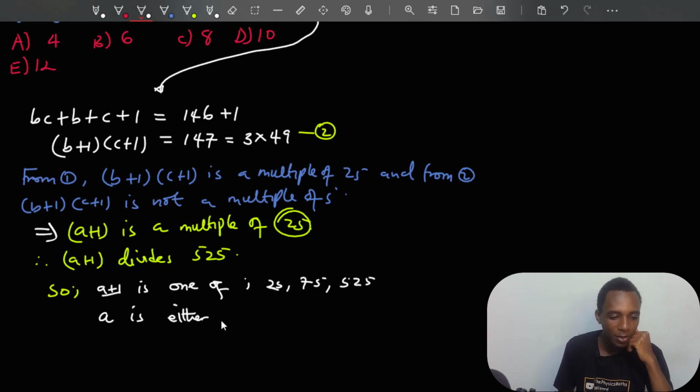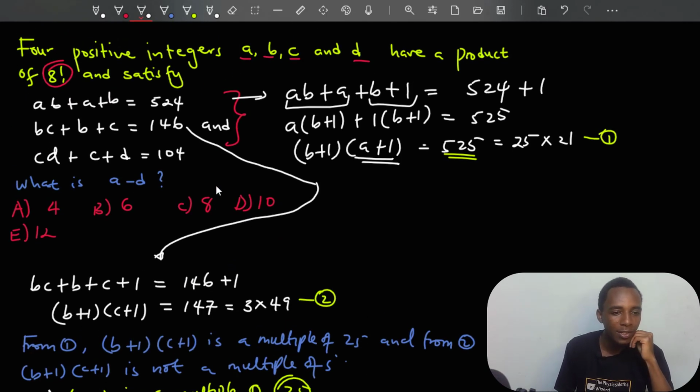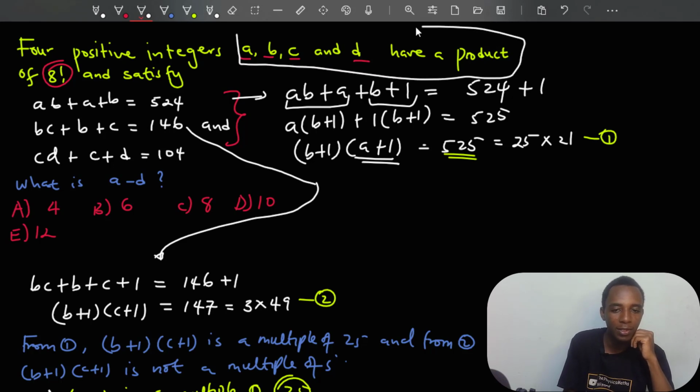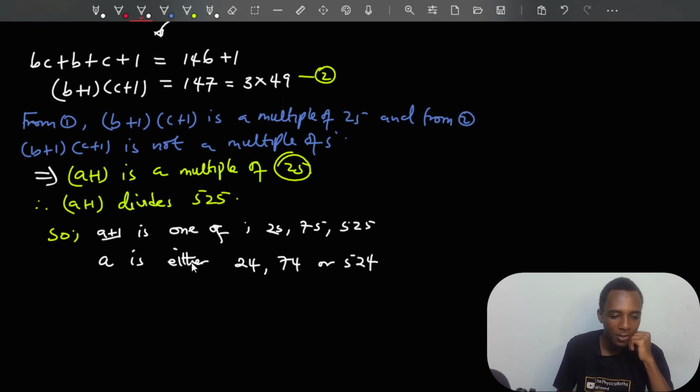If A plus 1 is 25, so A is either 24, 74, or 524. But if you just go back here, there is this condition that A, B, and C have a product. So they have a product of 8 factorial. So if you actually look at these values here, 24, 74, and 524, only 24 divides